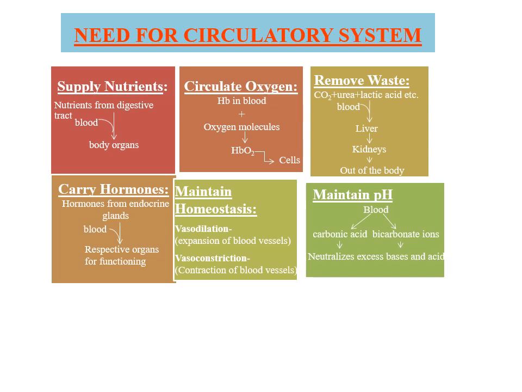First function that the circulatory system does is to supply nutrients. Nutrients that are absorbed by our digestive tract like glucose, amino acids, fats, vitamins, etc. are transported via blood to all the other organs of our body. Second function is to circulate oxygen. The continuous supply of oxygen in our body is accomplished by our circulatory system via blood. Hemoglobin in blood binds to the oxygen molecules and circulates oxygen throughout the body.